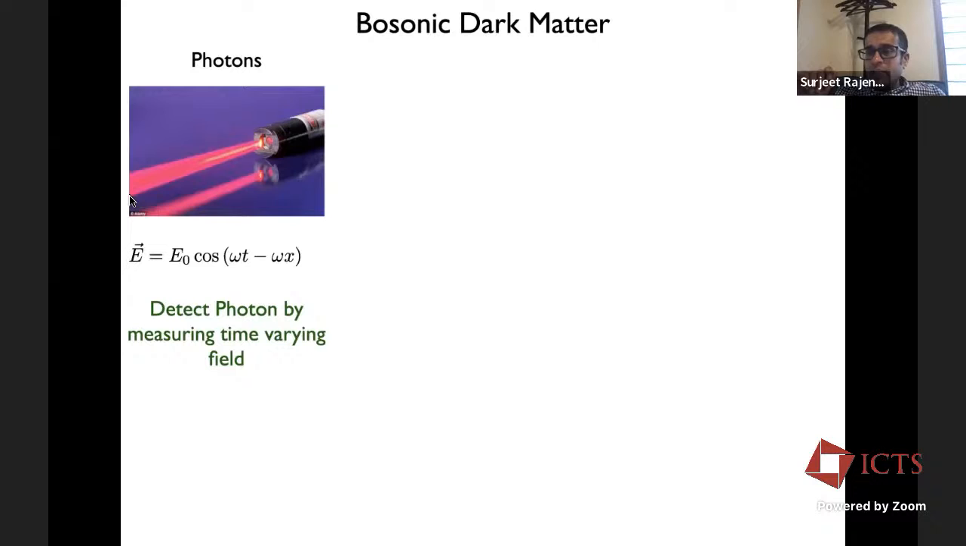But an equally sensible way of thinking about this is to think about the photons as effectively being the result of an electromagnetic wave, which has an amplitude E0 and a frequency omega. And one way you would detect these kinds of photons is by trying to detect the time-varying electromagnetic field associated with the photon. So for example, more than a laser, if you think about a radio wave produced by, I